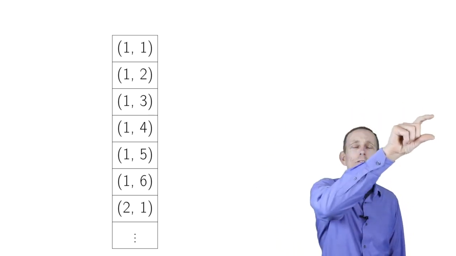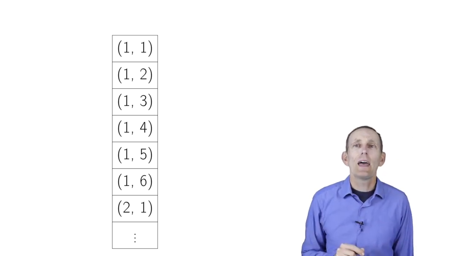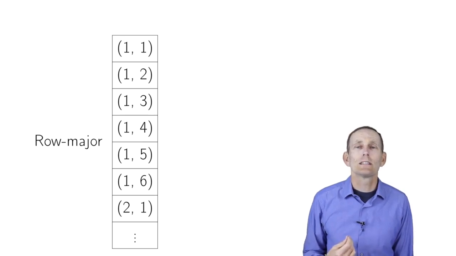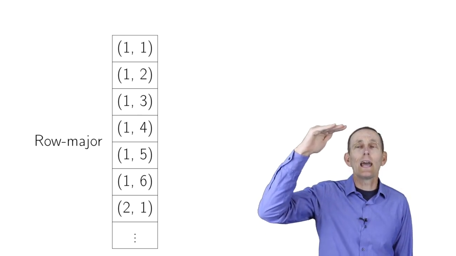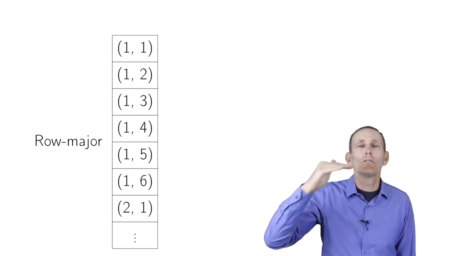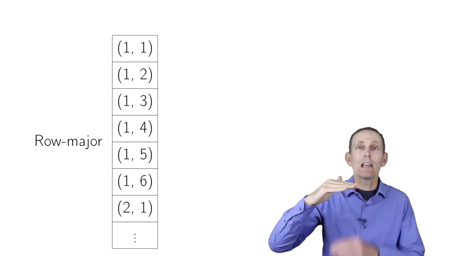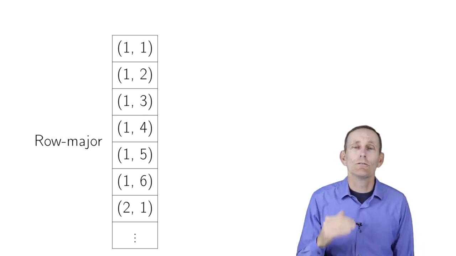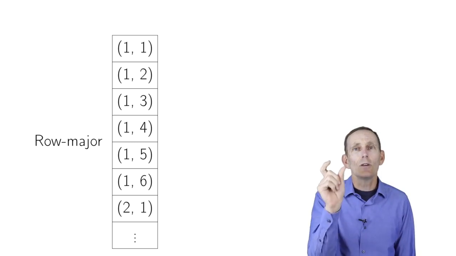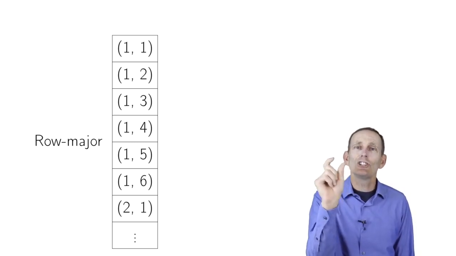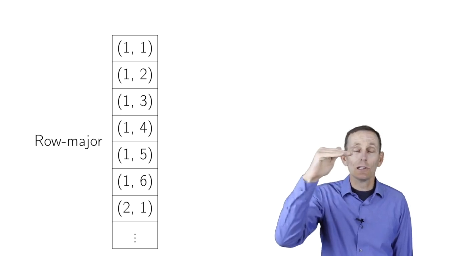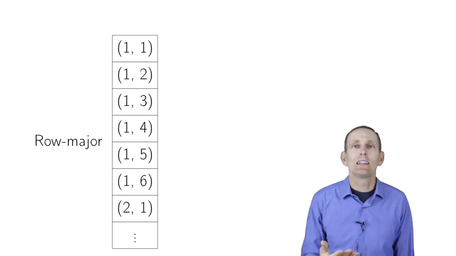Now we make kind of a supposition here, and that was that the way this was laid out is we laid out all the elements of the first row, followed by all the elements of the second row, and so on. That's called row major ordering, or row major indexing. And what we do here is basically we lay out 1,1, 1,2, 1,3, 1,4, 1,5, 1,6, and then right after that in memory, 2,1, 2,3, 2,4, 2,5, 2,6. So the column index is changing most rapidly as we're looking at successive elements, and that's an indication that it's